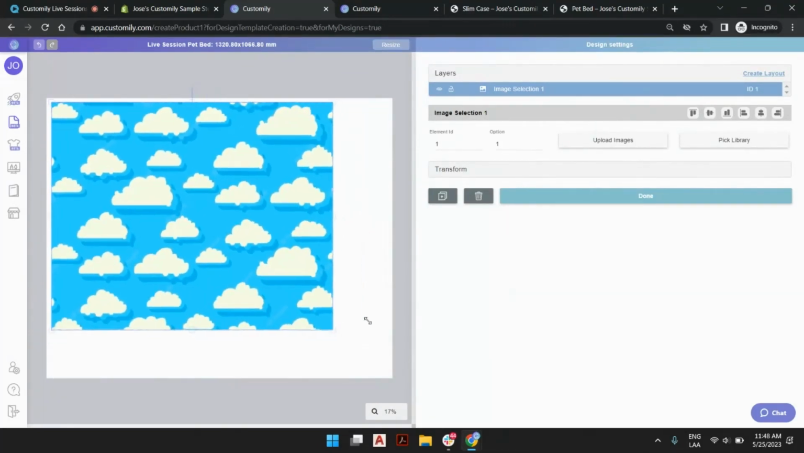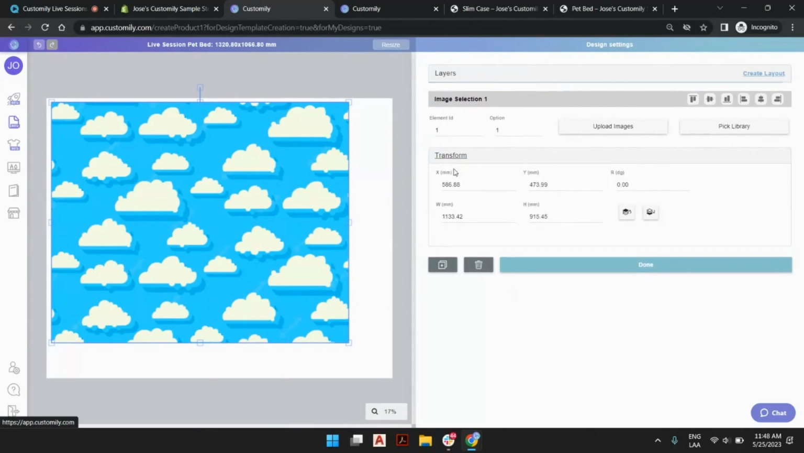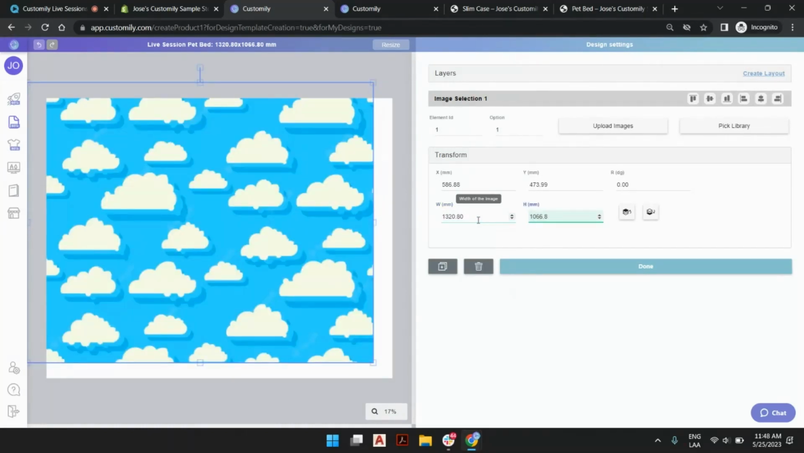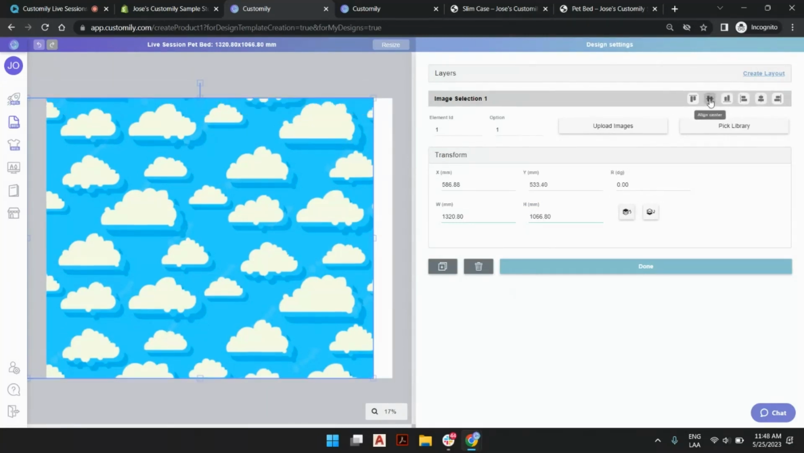But because we like precision, we're going to expand the transform tab and input exactly our dimensions that are showing here. One dimension is like this, the other one is like that. And it's off center. So I have these alignment tools that are really handy, and I'm going to align to the center and